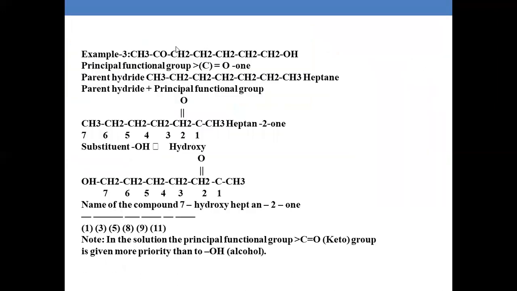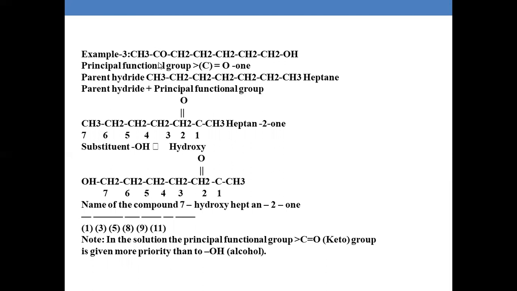Move on to any other. This is the largest molecule. We can observe 1, 2, 3, 4, 5, 6, 7, a 7 carbon chain. But very interestingly, here you can observe 2 functional groups. One is OH, the other is the C double bond O group. Where do we have to start numbering? That's a problem over here. But whenever you observe OH and the carbonyl group, carbonyl will always get priority over OH. That's why OH will become the subfunctional group and CO will become the primary functional group. That's the reason numbering will start from this end rather than this end. Wherever carbonyl is there, you have to start numbering from that end.